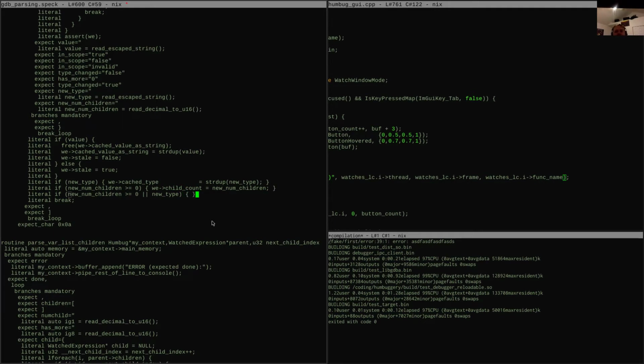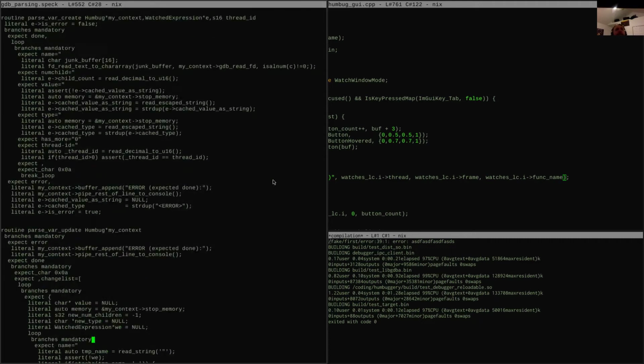I think what we want to do is set some sort of flag, like needs child rescan, needs reset, or something. Needs child reset equals true. I don't know. Okay, and then what we need to do is say